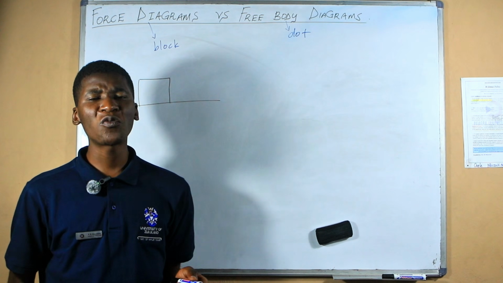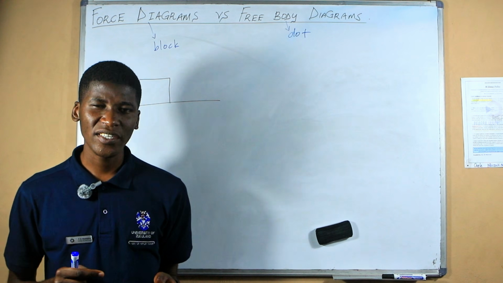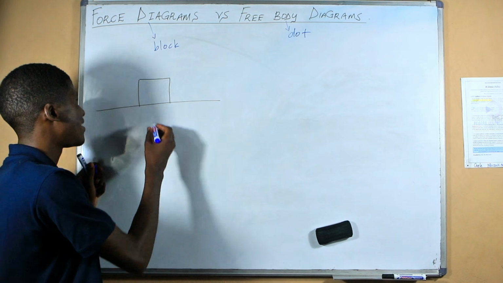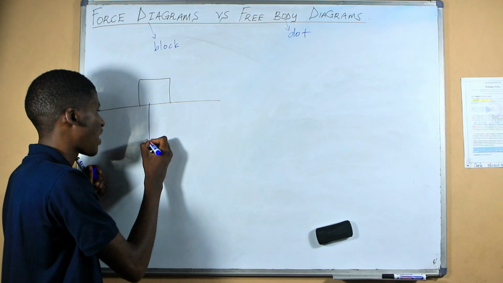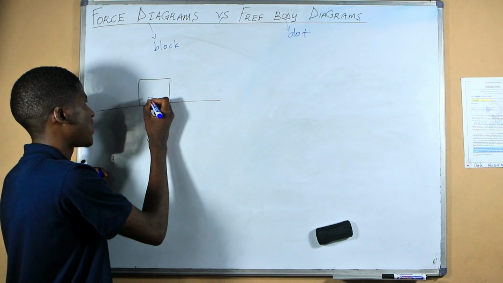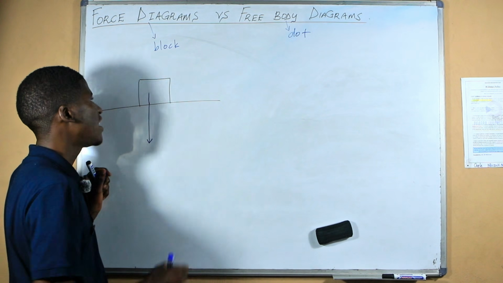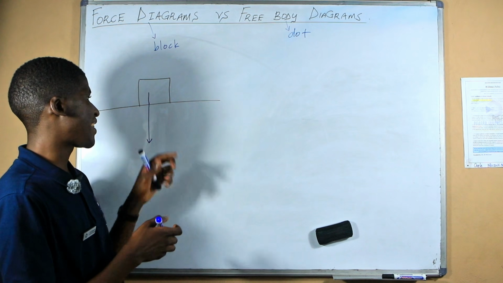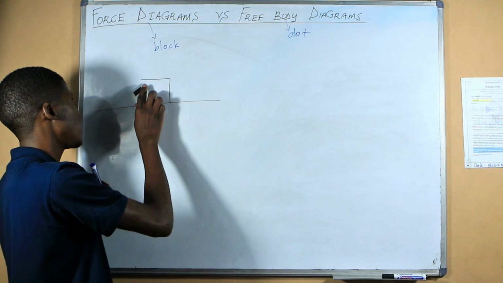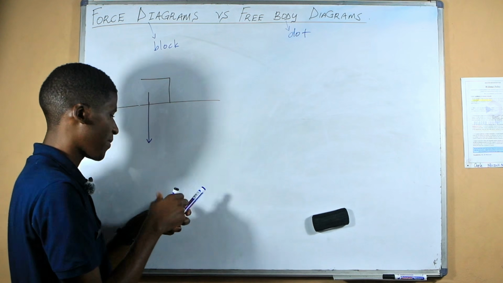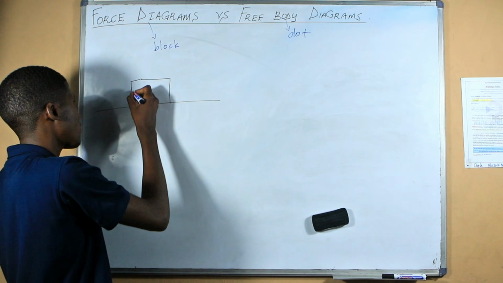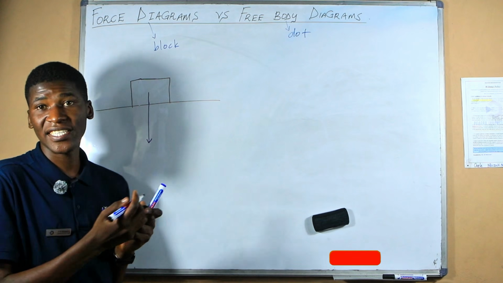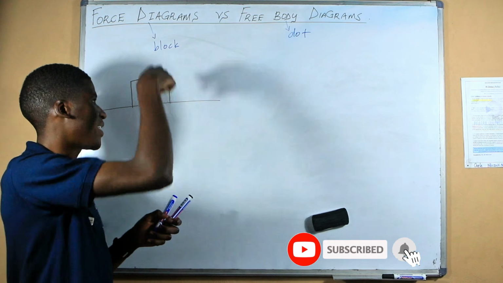The gravitational force is always acting downwards. When we say that gravitational force is acting downwards, it simply means that it is acting vertically downwards, something like this. When we represent it on a force diagram, we usually draw it at the center. This is not drawn to scale. Let me adjust my diagram. Basically, this is your block and this is the gravitational force, which acts downwards.